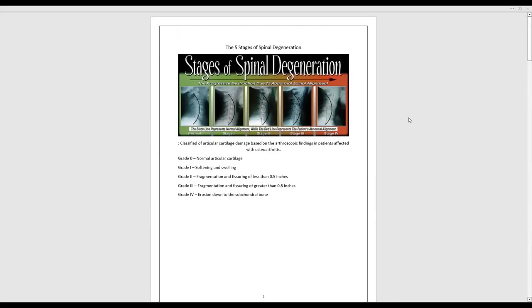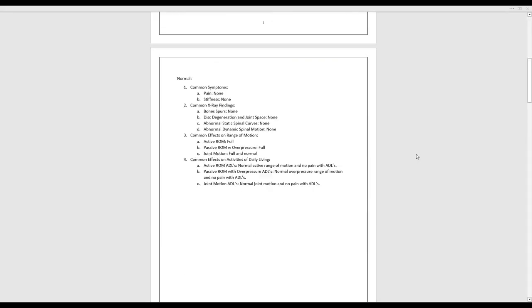Again, this is a standard sheet that should be in your narrative report. And remember, this is always the final major part of the narrative report: how did the MMI of altered spinal biomechanics, what's it going to lead to? Well, now we talk about where it's at in the stage of spinal degeneration, which would be this, and then you would associate your patient with whatever stage they're in, and then directly how it's going to impact all of these factors: pain, active, passive, joint motion, activities of daily living,